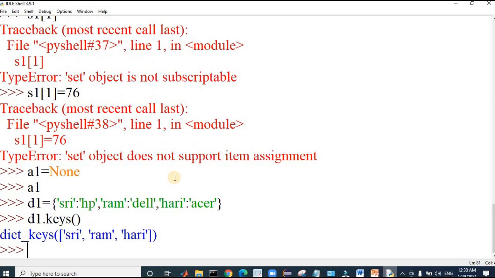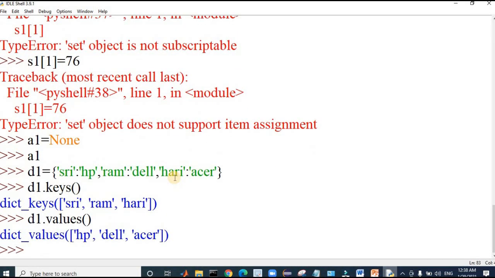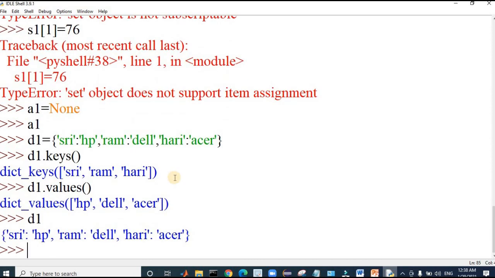It fetches only the key values, that is Sri, Ram and Hari, as these are the keys. And if you would like to fetch the values only, this is also possible. Here HP, Dell and Acer are the values. This is how we can fetch these values. If we fetch d1, it will fetch the dictionary as I entered before.